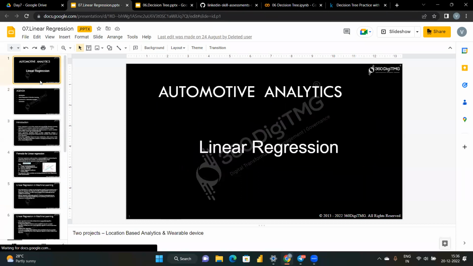Next thing we'll be seeing is regression. How analytics is used in regression. So that's linear regression. What is meant by linear regression? So guys, in statistics,